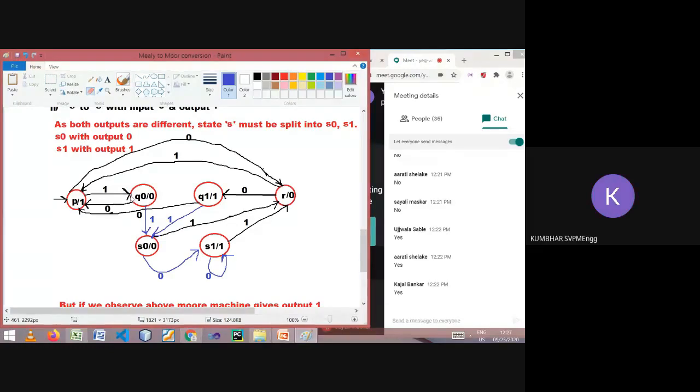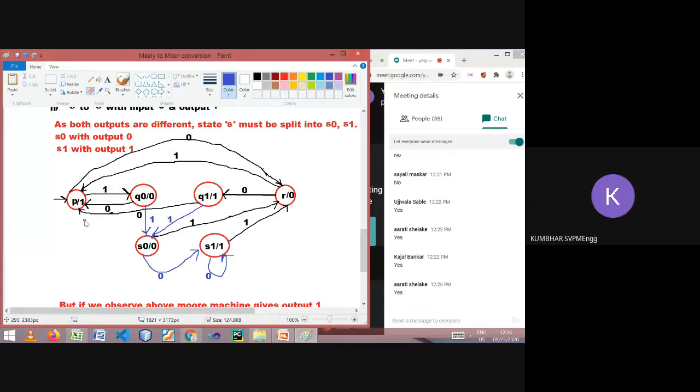We are going to split. Yes, sir. So this one transition should be shown from both parts. Then next, if this is the zero transition to R from P, and if this is a zero transition from R to P, that should be shown from both the states, P epsilon and P1, which we are going to create new. For 1 and 0 that must be so. Both the outgoing edges should be properly shown from both the parts. Is it clear for outgoing edges?